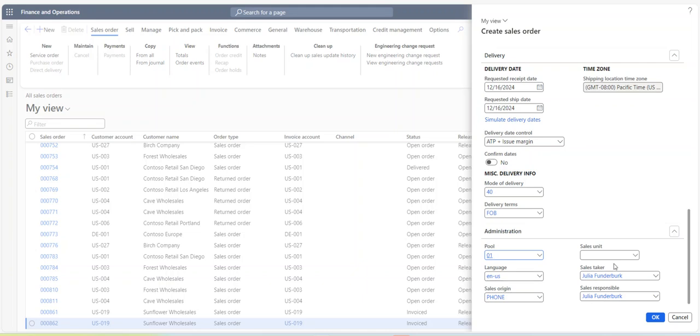Okay, so did you understand these two different roles? Sales taker is the person who is creating the sales order, and sales responsible person is the respective sales executive we need to map. So that is the major difference between these two. And once I click on OK,